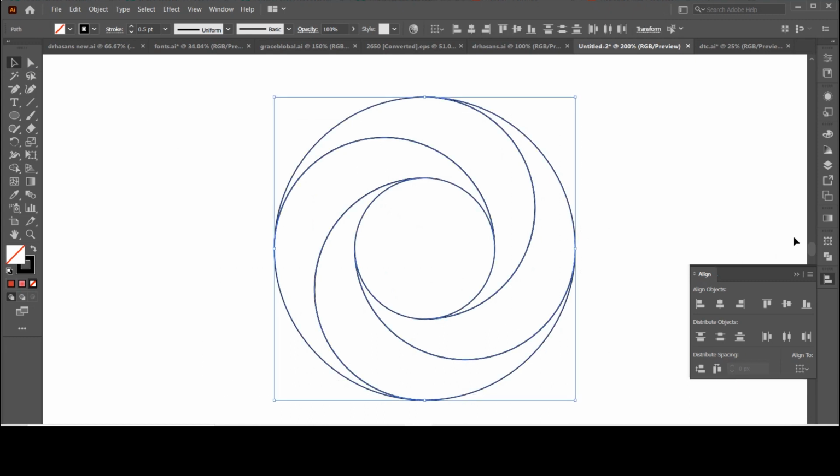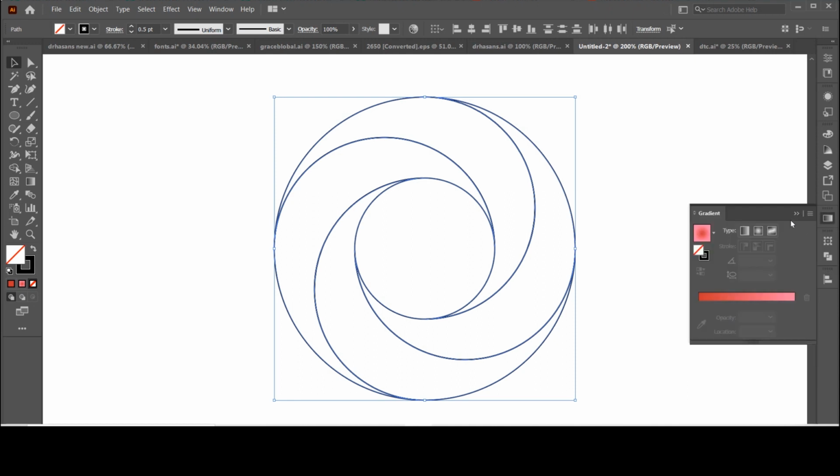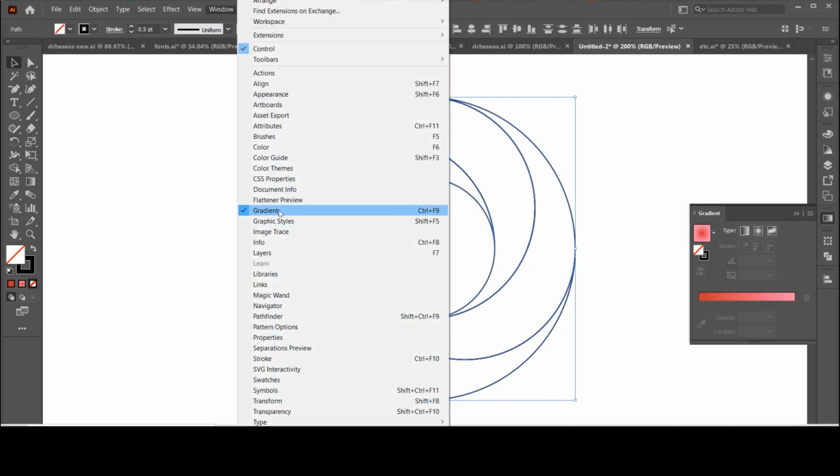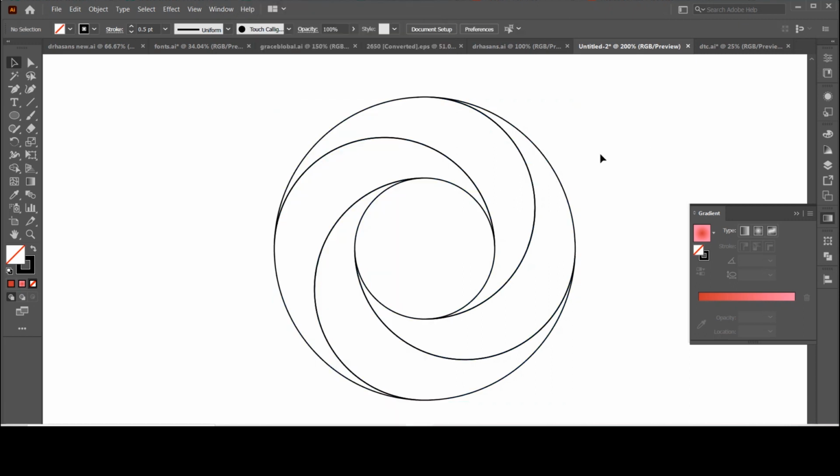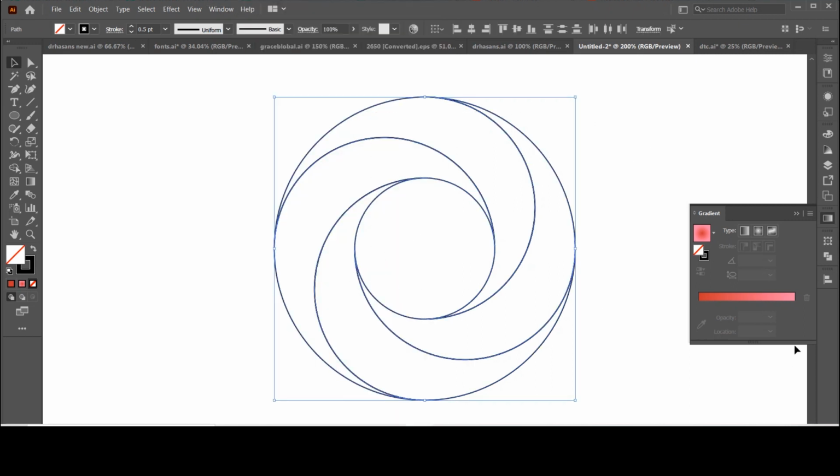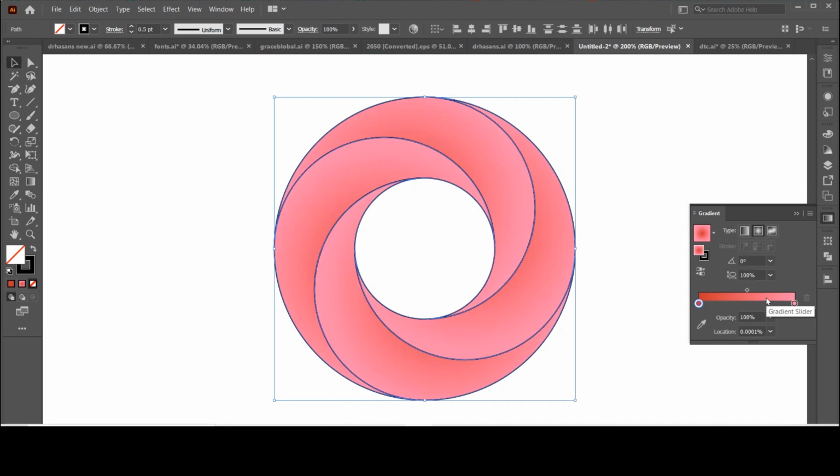So click on the gradient option. If you don't have this panel, you can go to Window and click on Gradient. Okay, so I have already pre-designed the gradient. Remove the stroke